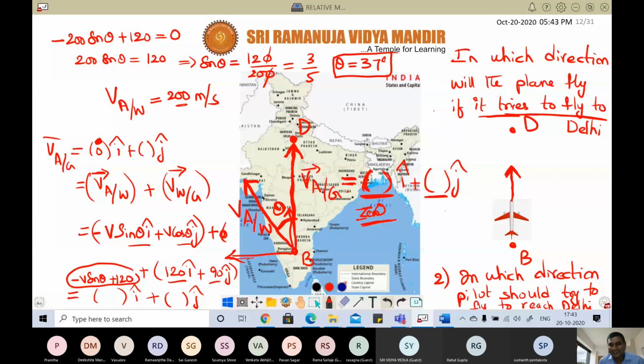Those who want to become pilots, if anyone of you wants to become a pilot, you should know these relative velocity concepts. If you don't want to be a pilot, even if you go to the navy, the naval side, you also need this, because in which direction you should head and all. So I don't know how many of you want to become pilots or captains. But first of all, before becoming pilots and captains, first we should pass the intermediate exam. So first we should focus on that. But what I'm telling is physics is such an interesting subject. Anyway, thank you all very much.